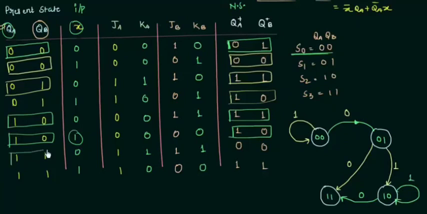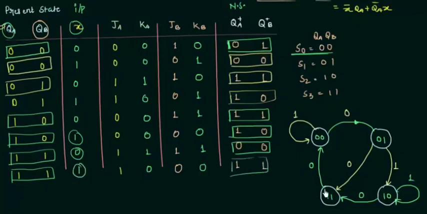And for the last case, when I am on S3, that means 1 1, if the input is 0, I am going to be on S0. So this is S0 when the input is 0. Final case, when I am on S3 and the input is 1, I am going to be on S3. So I am going to be on S3 if the input is 1. So this is the complete state diagram for the circuit that I have made, and this is a proper way to deal with a sequential circuit.